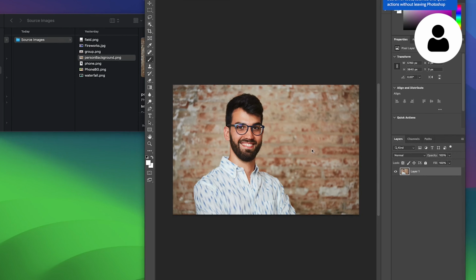So we're gonna get this image of this guy right here, just against a normal regular brick wall, and we're gonna see if we can put him in a more scenic setting, perhaps in front of a waterfall. For my version, with using no AI and just my classic Photoshop techniques, what I'm first gonna do is remove